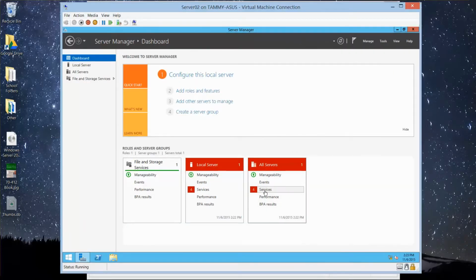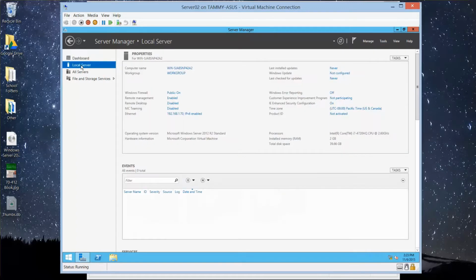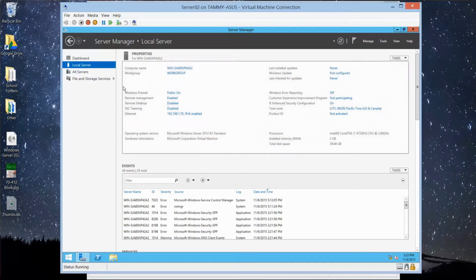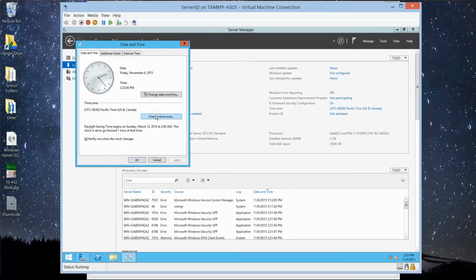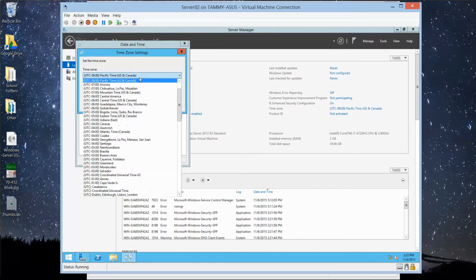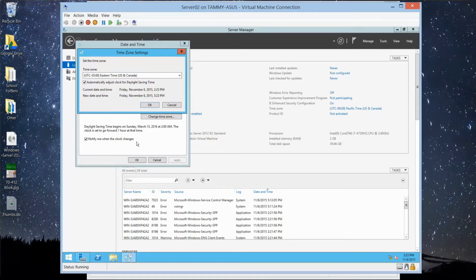Alright, so I rebooted my Server02 and now everything seems to be working okay. My mouse seems to be recognized. I've already double checked to make sure my IP address has been entered. We're just going to go over here to adjust our time zone, Eastern, and then OK,